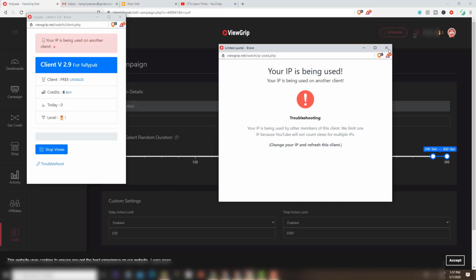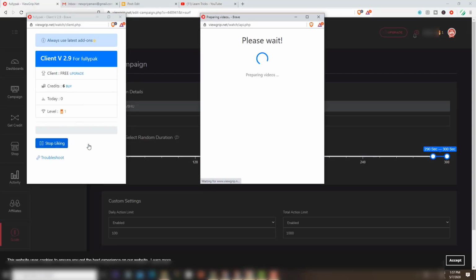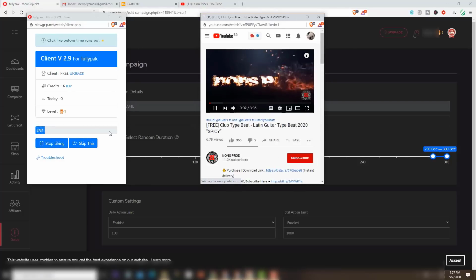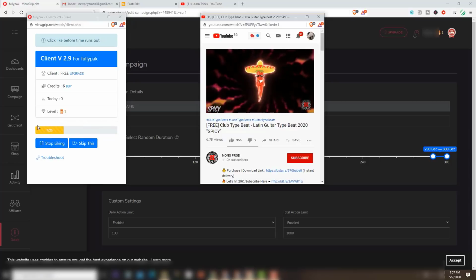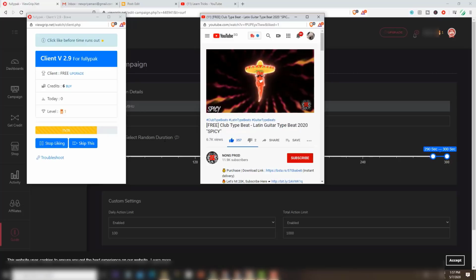Okay, so I close this for now. Then otherwise you can close like that, or else you can stop it here. So now you see, again you get back both options here. Once I click on the start like option, it will look like this. Just now I said 20 seconds: you have to watch a minimum of 20 seconds, and within these 20 seconds, you have to click on the like button. After these 20 seconds, this video will auto refresh.